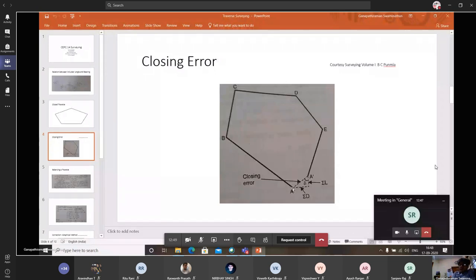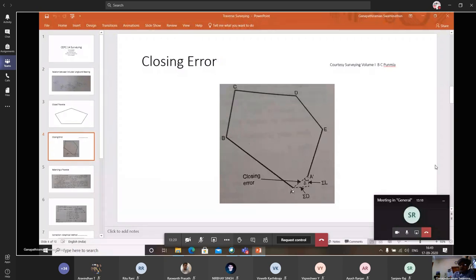Then you start with A. You take observation towards which point? AB, and from B you take observation towards BA, BC, from C it is CB, CD. So we'll be measuring the length also. We'll be measuring what? The bearing of the line. So we will be finding out the whole circle bearing of this. Once you know the length of the line, what can you calculate?